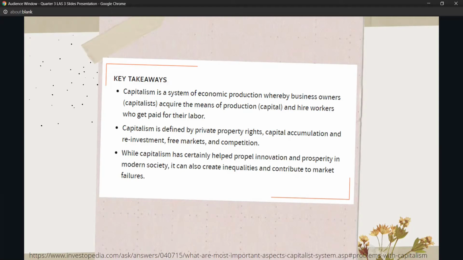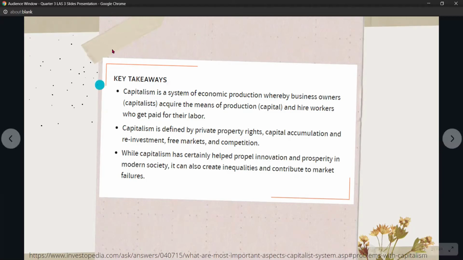Capitalism has innovated the way the economy works. The reason why we have lots of products to choose from and why we can get them for reasonable prices is because of the free market and the competition that capitalism creates. But the main disadvantage is this: capitalism can create a huge wealth divide. Workers earn a fixed amount of salary despite working the whole day, but the top executives enjoy all profits.